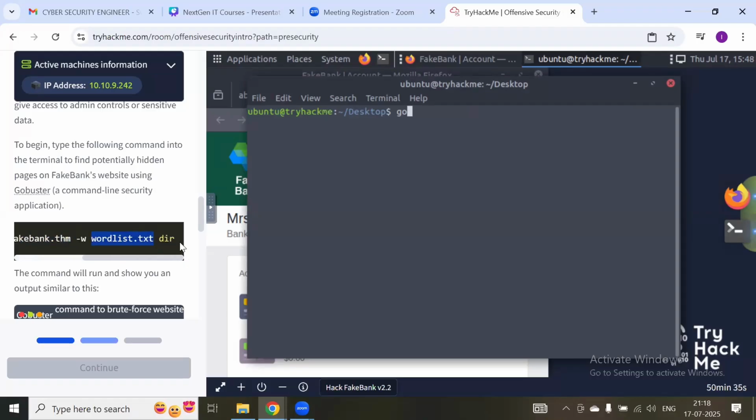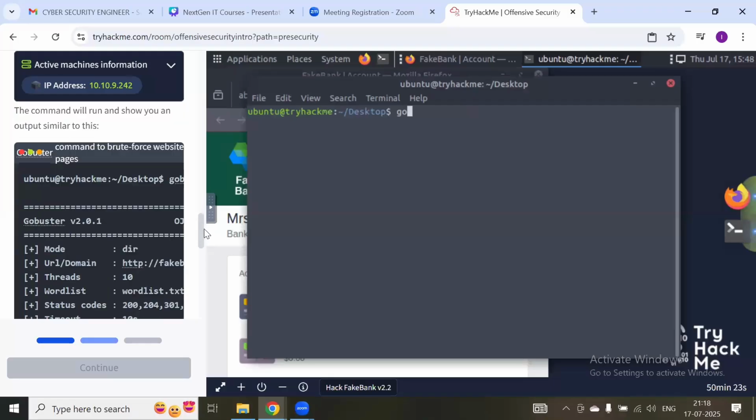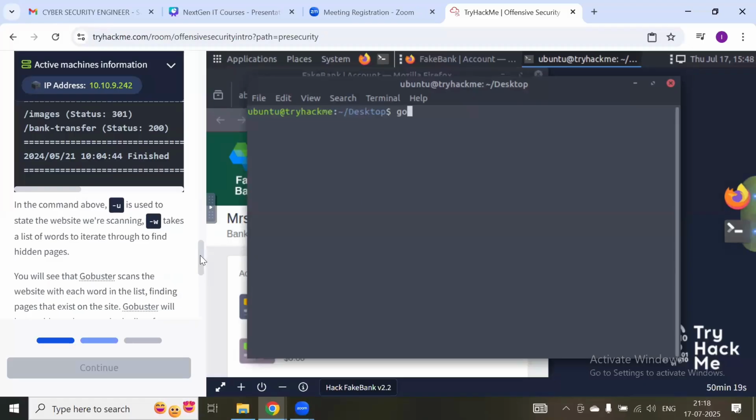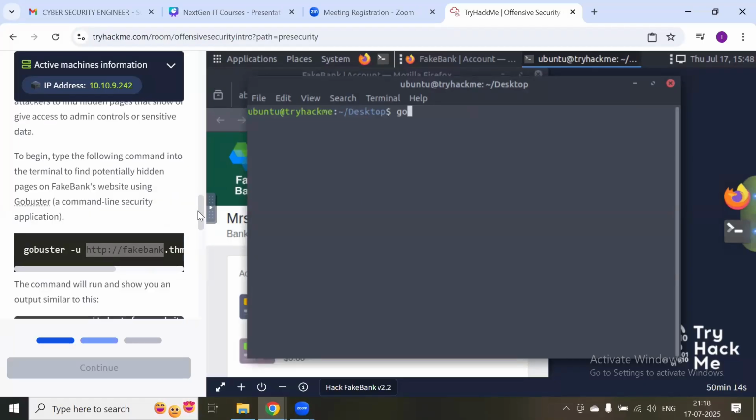The dir means the directory mode we are using, and we'll be hitting this application to see if anything comes up with any vulnerable page. Then we'll run commands to see which URLs are vulnerable, and what we can do by accessing those URLs. So going on,